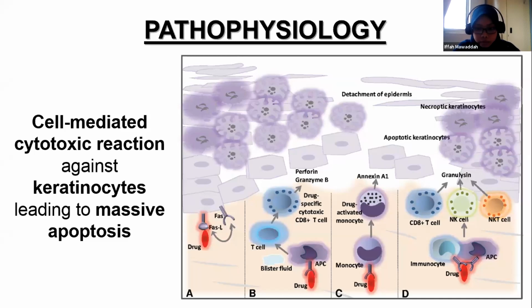If we look at label B, the cytotoxic T cells will accumulate within the epidermal blister and then release perforin and granzyme B that can kill the keratinocytes. And if we look at label D, the activation of CD8 positive T cells, NK cells, and NKT cells will secrete granulysin, which can induce keratinocyte death without the need for cell contact. Right, so that is the proposed pathogenic mechanism for SJS. Next,